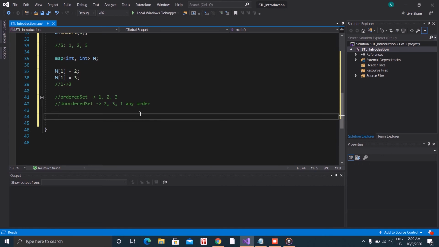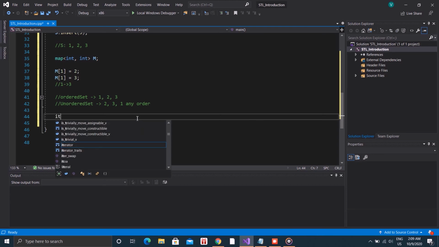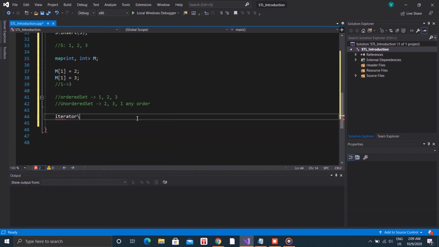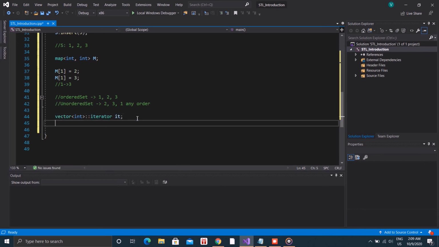Their detailed discussion would be in the upcoming videos. And other STL containers like stack, queue, deque, priority queue, etc. would be covered in lectures on data structures. Next are iterators. Iterators are used to traverse over these containers. They are used to point at the memory addresses of STL containers. They reduce the complexity and execution time of the program.